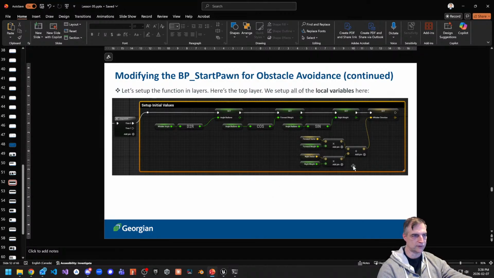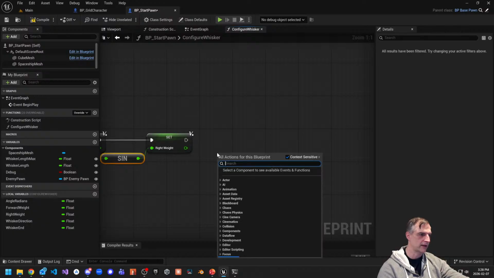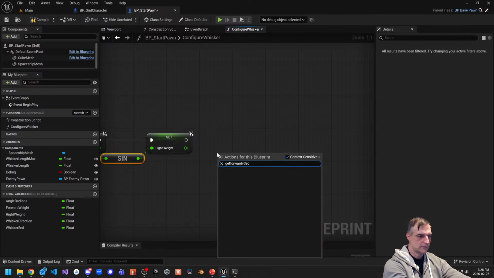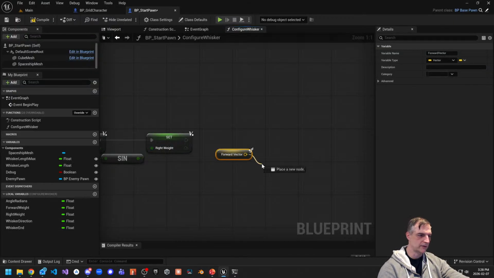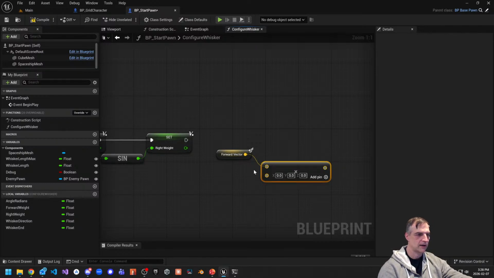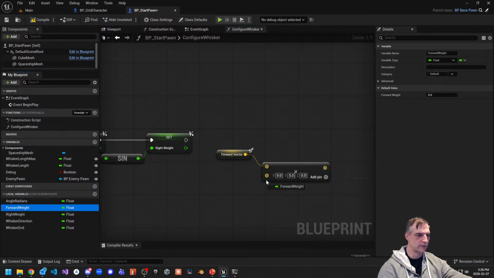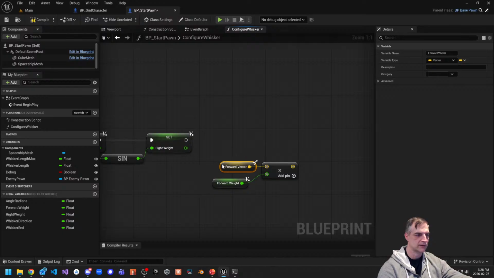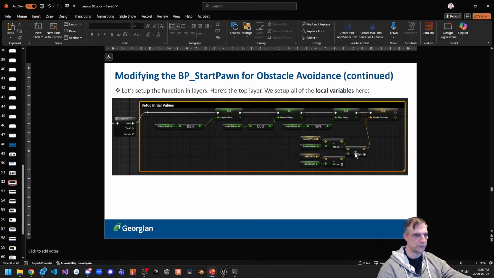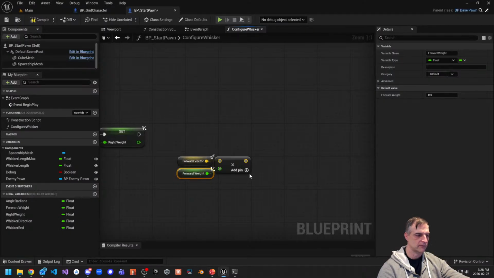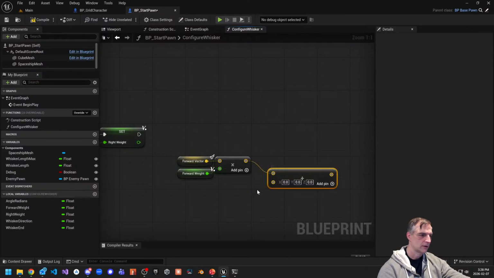And then this is the whisker direction. So what we're going to get is the forward vector. So get forward vector, this one. And we're going to multiply it by the forward weight. So this is where we're actually scaling it, because we're trying to figure out what the forward weight is. It's almost like we have our own new normal, whatever that forward direction is, right? And what we're going to do is add it to the right vector, right? So again, we're basically drawing little triangles, right? So adding it to the right vector, right weight. So right vector,